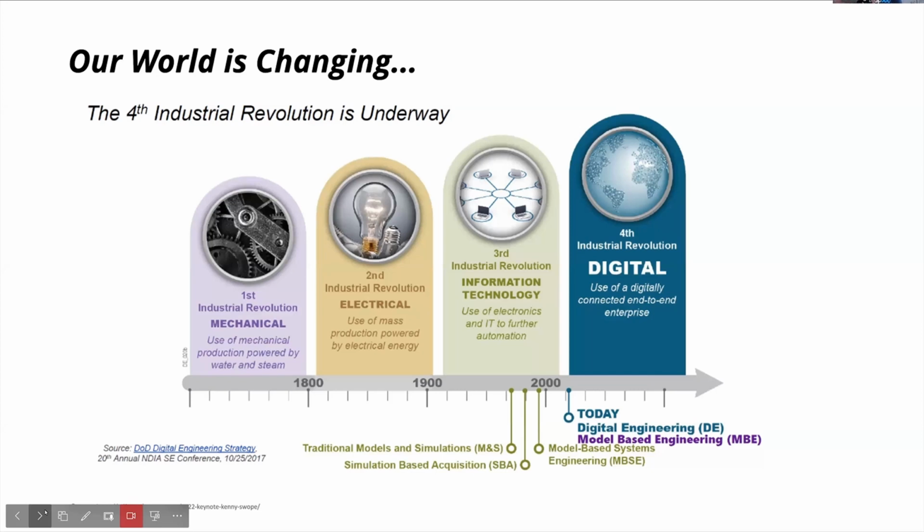What this is telling us is we are in that fourth industrial revolution, which is digital, really using digitally connected and having an end-to-end digitally connected enterprise. So I hope that this kind of lays the groundwork to why it's important that we explore alternatives to PDF